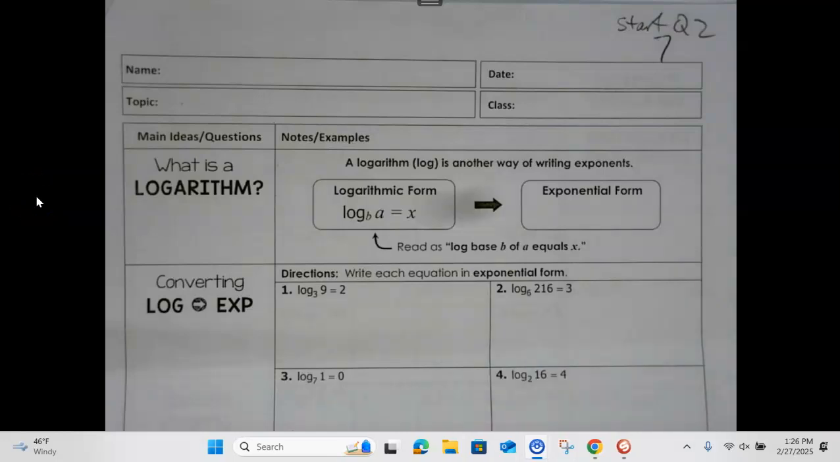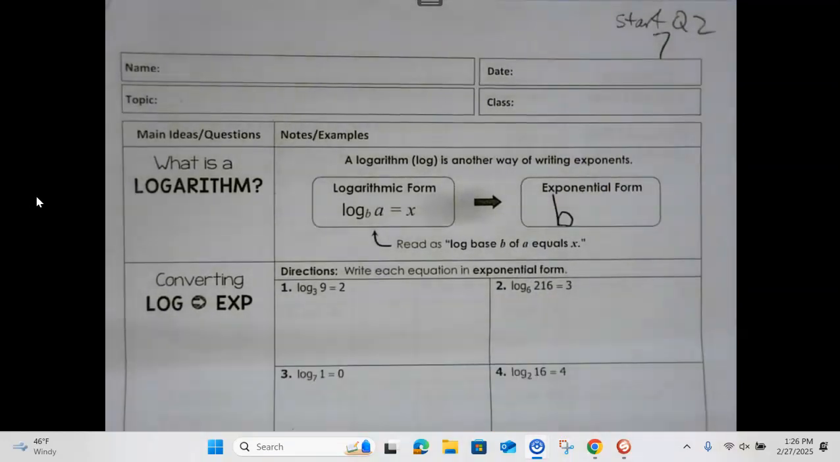New to us here, we're going to be discussing logarithms. And it's just a very funky way of writing an exponent. Seems kind of strange, but there's a method to the madness here. So when you're looking at an exponent,